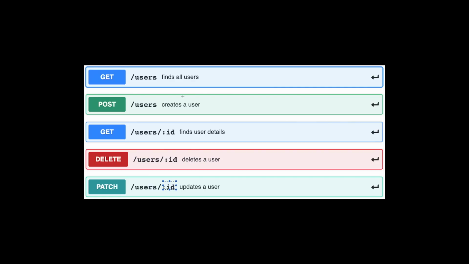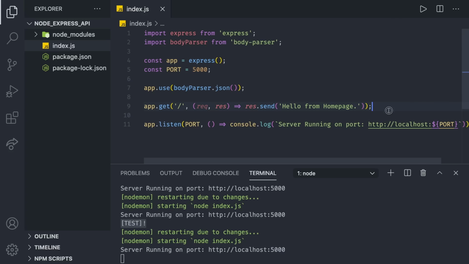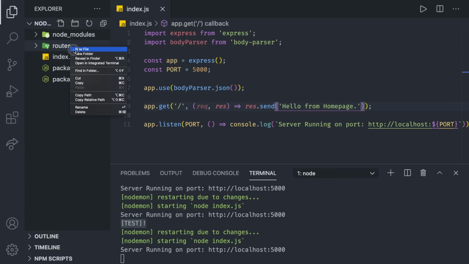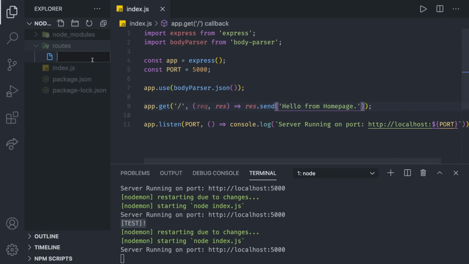So now let's start creating routes for users. We mentioned that this index.js file is only going to be for the setup of the server. We don't want to add 10 or 20 different complex routes here. So how are we going to do the routing? Well, we're going to create a folder called routes. And then inside of there, we can create the name of the file, and that's going to be something which all of our routes are starting with. In our case, that's going to be